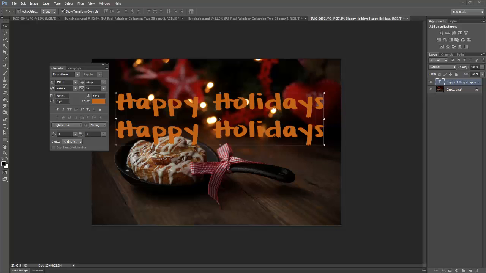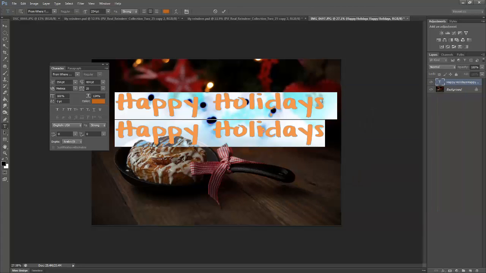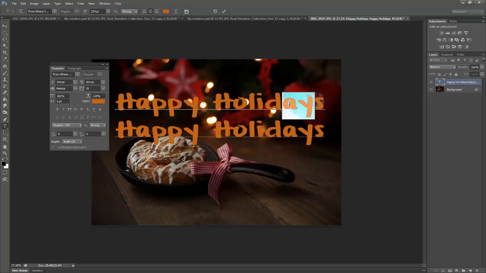Okay, now another option that I use in the character menu is the kerning option. Now, if I want to select in my font, let's go ahead and double click that font, and let's look at the A and the Y. This happens a lot with your Q's, your Y's, and letters that have tails on them. There may be a little bit of space between that. Now with your kerning, which is right here with the V and the A with the space between it, it is set to metrics. You can change this if you'd like. I'm not really worried about it. I'm just going to simply click and have where the slider is selected, and you can change the space just